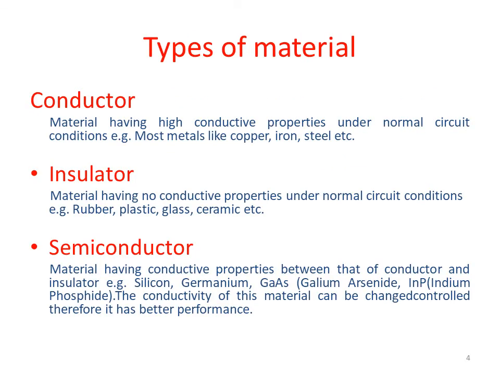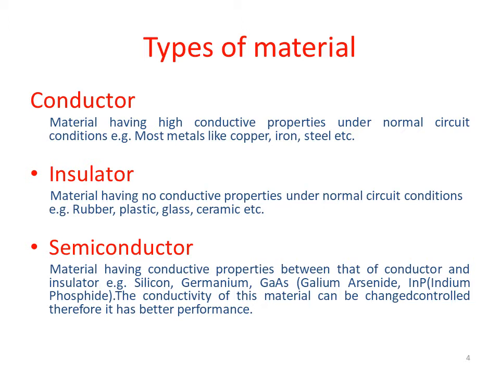After this we will discuss the different types of material which are available. Of course, you might have studied this topic in your intermediate, and you might all know what the different types of materials are, but I would like to give you a quick recap of all the things from intermediate that will be required as a basis for the basic electronics subject. So let us see what a conductor is.